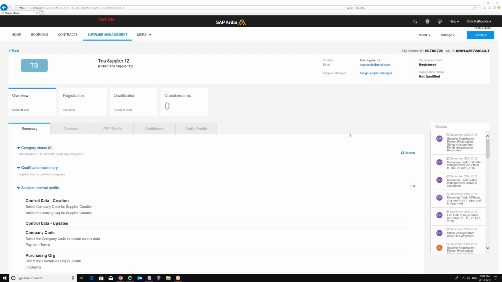Okay, so this is the thing over here. Registration and qualification will be the same. Only the thing which is getting affected will be the supplier request, but it won't happen right now. I think it will take a minimum of 3 to 4 months to happen. If you want some more information, you can check that Jam page. Just go to the Ariba operational readiness group. Within that, you can see what innovations they are bringing.